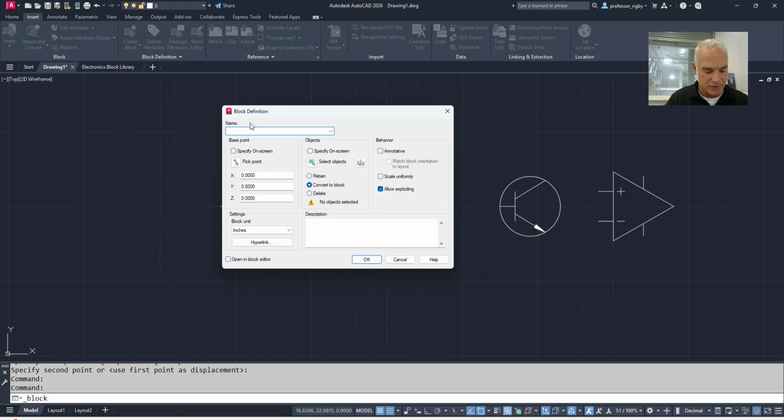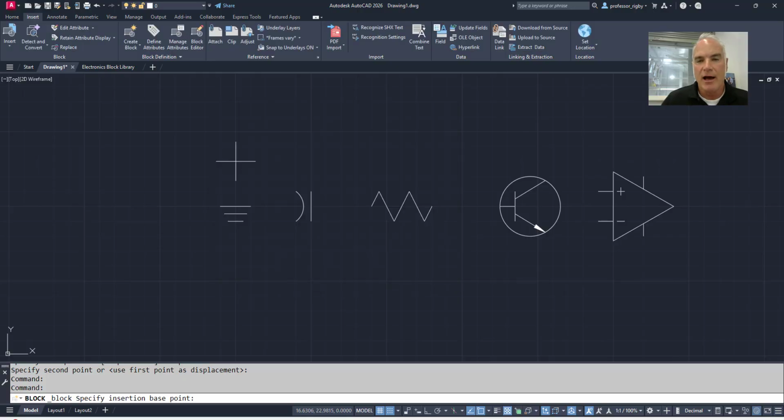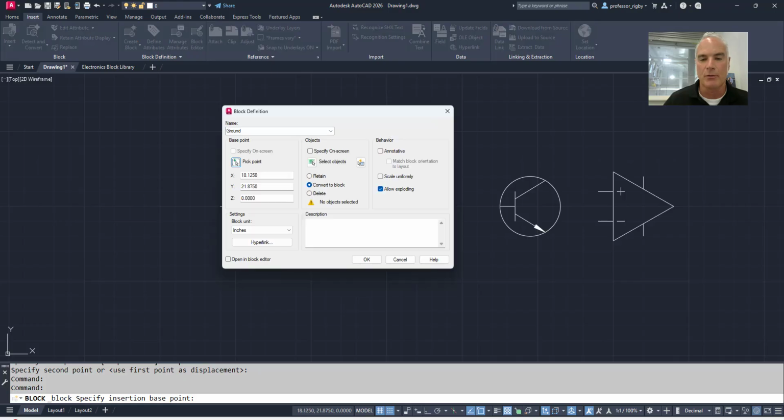So I'm going to call this first one ground, G-R-O-U-N-D, and then I'm going to specify where my insertion point is. It's a good idea when you're creating a block to create a logical insertion point. And since when I insert this block, that point right there, the midpoint of that line, is going to be where it attaches to a wire, I'm going to pick that point. You'll see that it records that point in AutoCAD here,